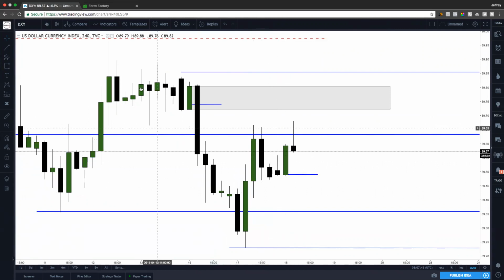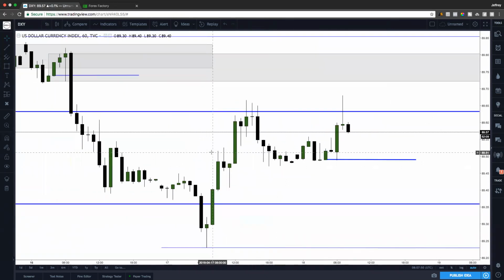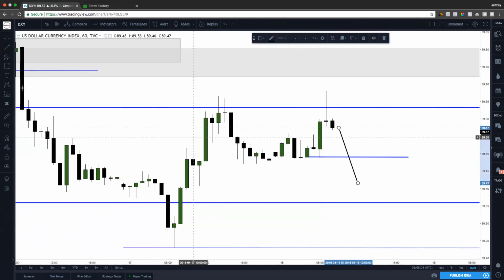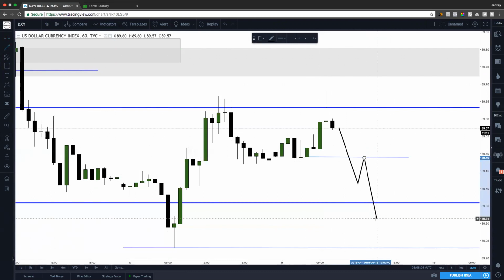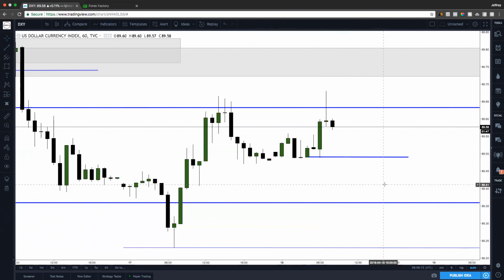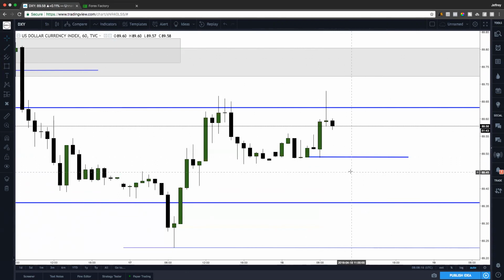Okay, we drop down to an hourly time frame. All this line here would just confirm the break in market structure, okay? So if we get a break below that, that's the same thing I just outlined on the 4-hour time frame. Retest, push lower, okay? So if we can get that to unfold while GBP USD is pushing up, that would suggest